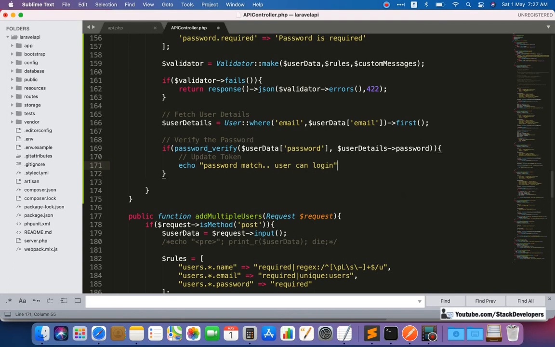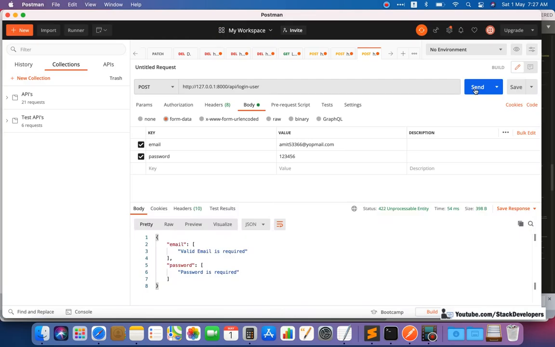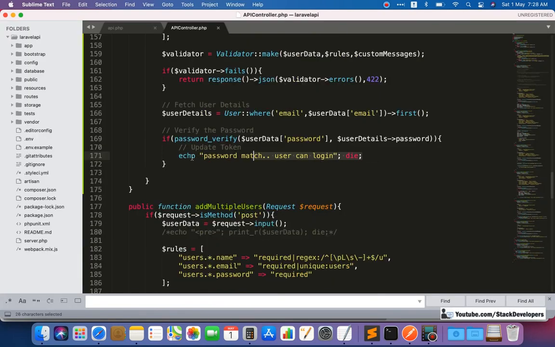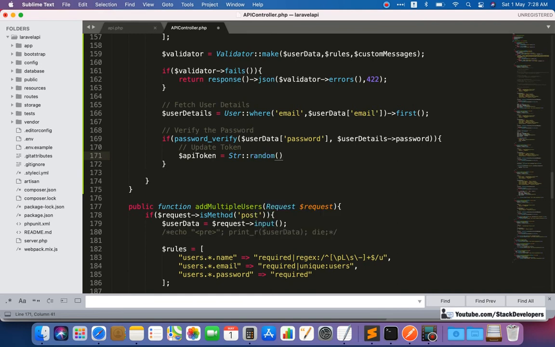We checked the email earlier in our validation itself, and now we are checking the password. I'm going to click on send here. See, password match, user can login, so both email and password are correct. Now we are able to update the token. Once again we will generate a new token here, with API token equal to the Str::random function of Laravel.